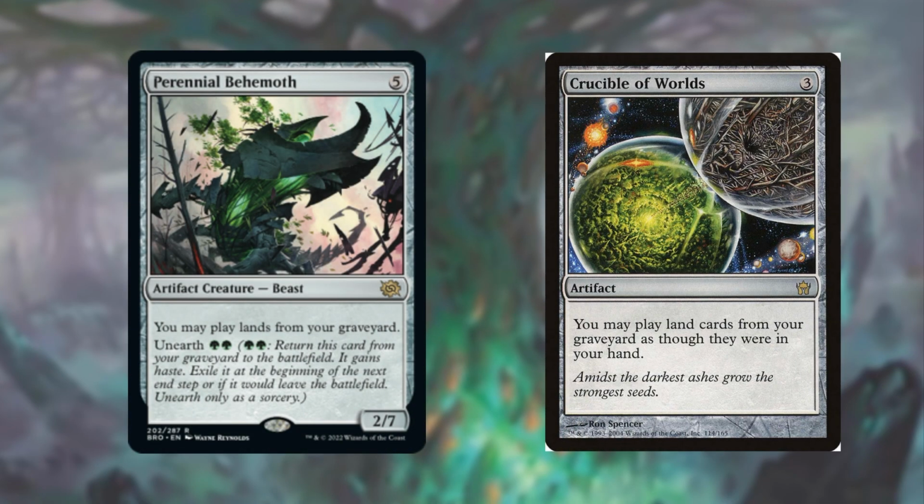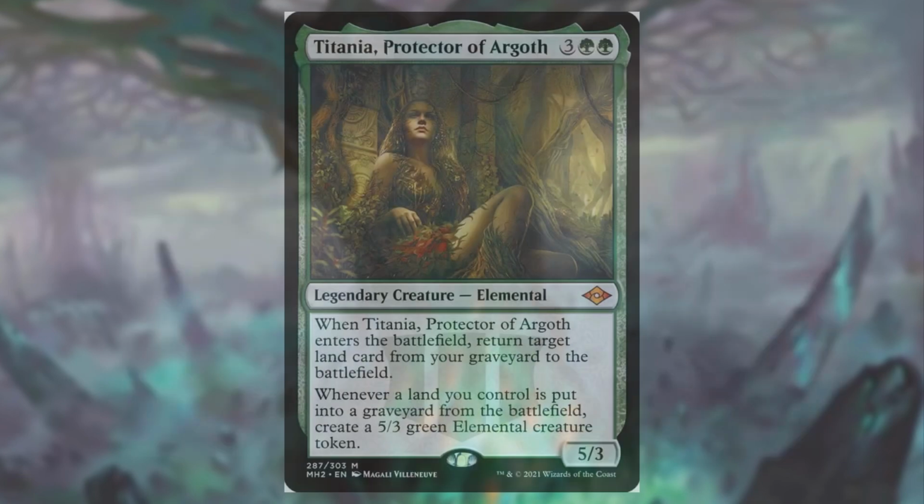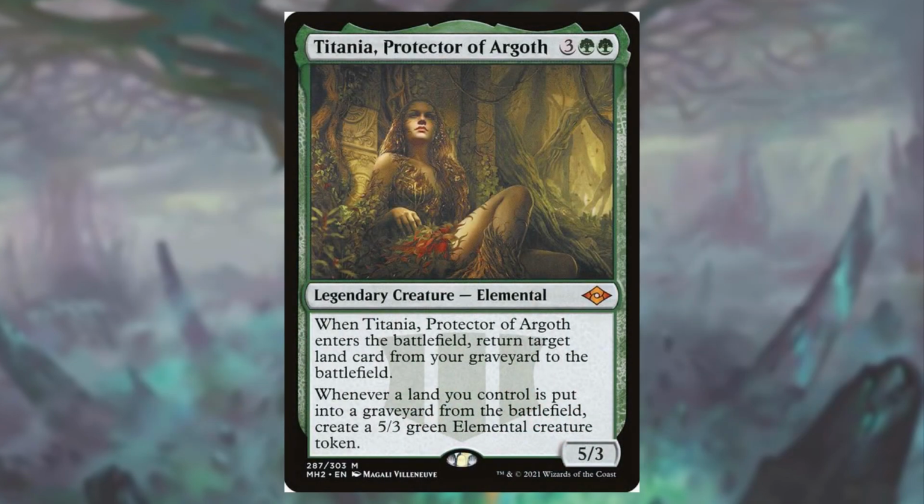This will give us a total of 5 different cards that'll let us cast lands from our graveyard. That's going to give us some pretty good redundancy and make sure the deck is doing exactly what we want to do, which is get those 4 landfall triggers a turn. Titania is amazing in the deck because we are sacrificing lands every turn to make sure we get those 4